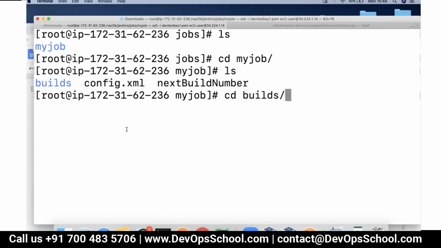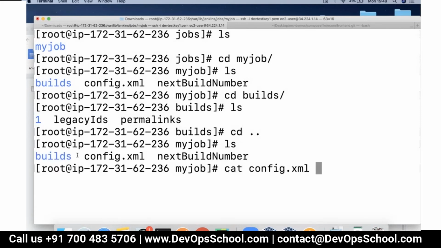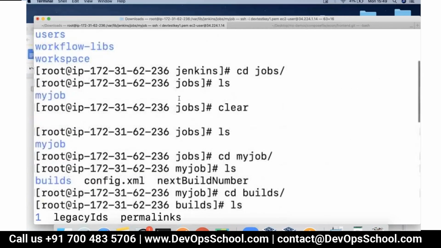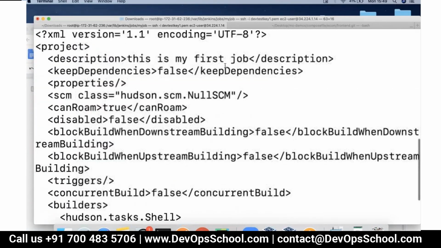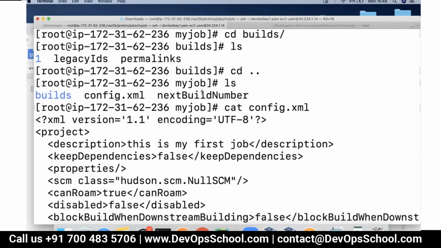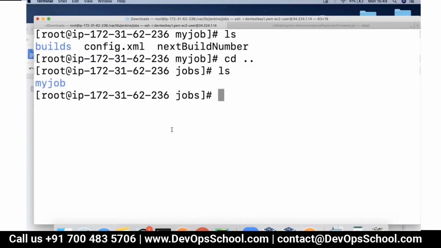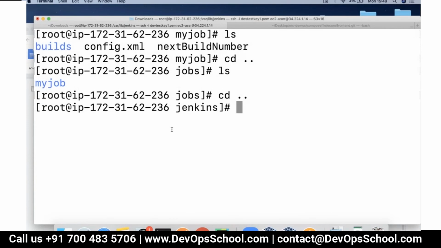Only one build, and all the build details are kept here, in builds. This configuration file is eventually used to read those options which we pass on. We don't really have to deal with this, but these are there, so just know them.